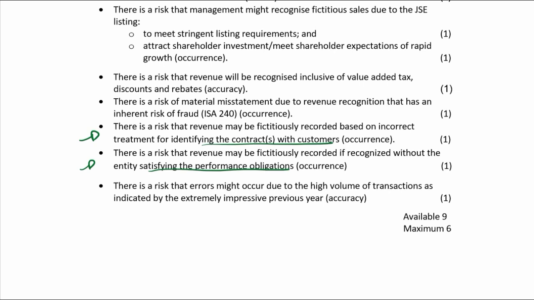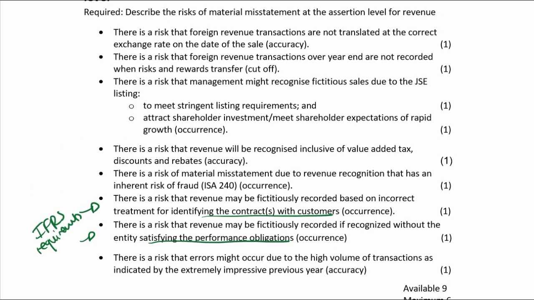Okay, those are 2 standard risks that you'll get with revenue because of the IFRS requirements. Alright, then other than that, guys, based on the information in the question, the translation, the cutoff, the listing,